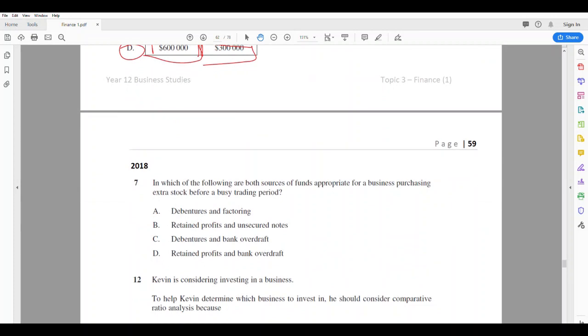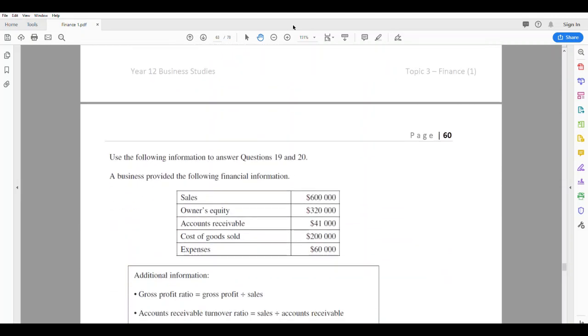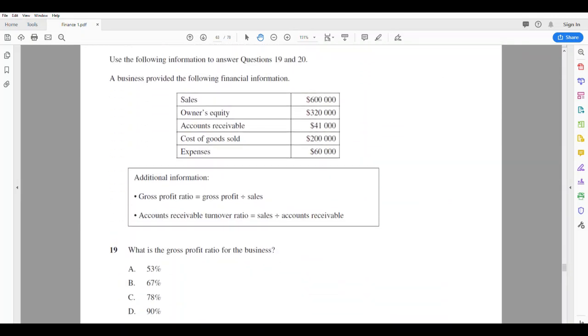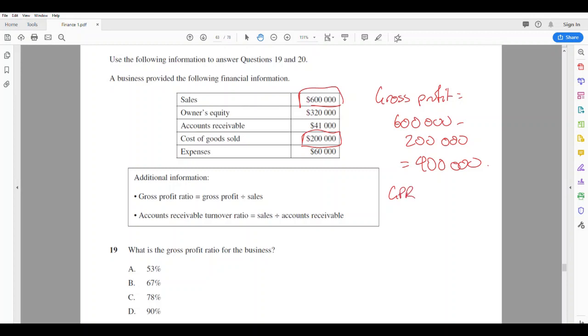Now we're on the home stretch. We're going to do 2018, questions 19 and 20. First off, what is the gross profit ratio of this business? For the gross profit ratio, we need our sales and we need our gross profit, which we can calculate with our COGS. $600,000 minus 200,000 equals 400,000. So gross profit ratio equals